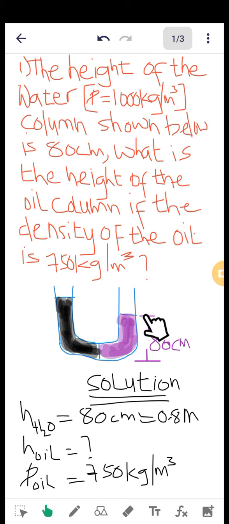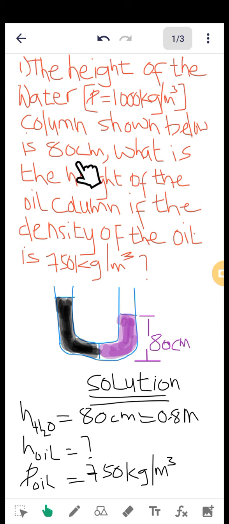The height of the water has been given, so the question is we should find the height of the oil. So we first check the units. The density of the oil was 750 kilogram per meter cube, so we try to convert all the terms with centimeters, like 80 centimeters,